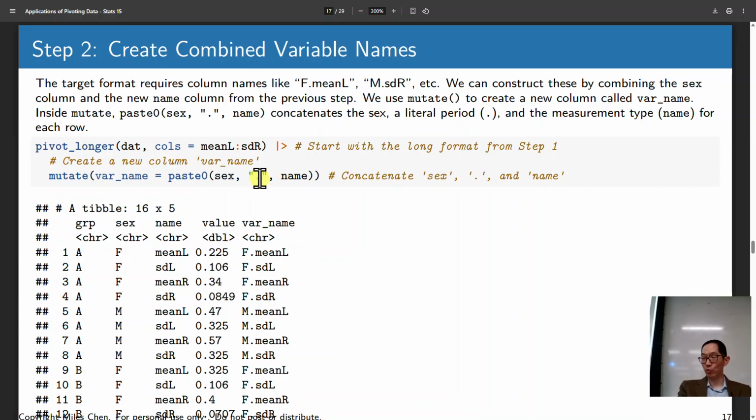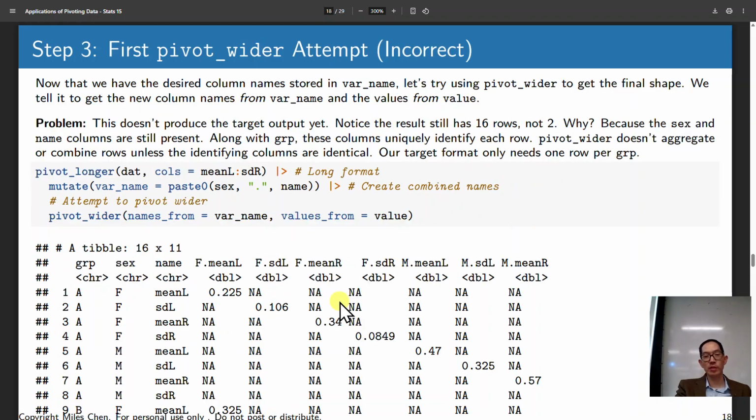So you could choose whatever character you want. You can have an underscore, you can have a dash, whatever. Okay, so this will create our variable name. Okay, so now I want to pivot this wider again, okay? So I want to have basically a row for group A and a row for group B. And basically the column names are now stored in variable name, and my values are stored in value, okay? So I can say, all right,